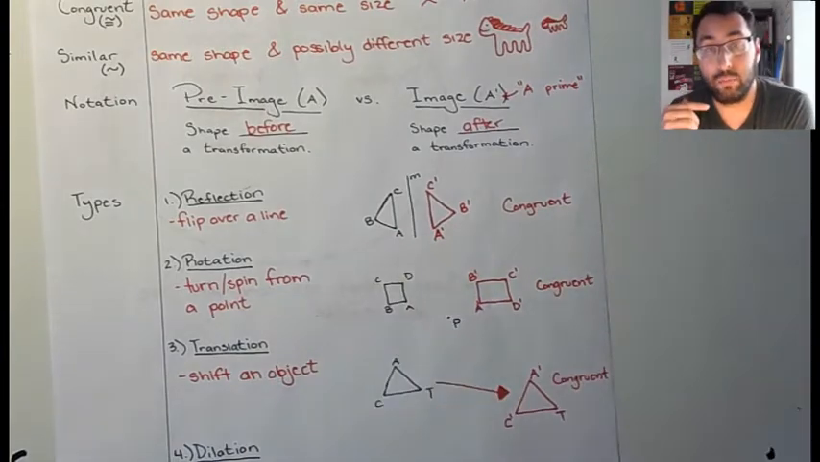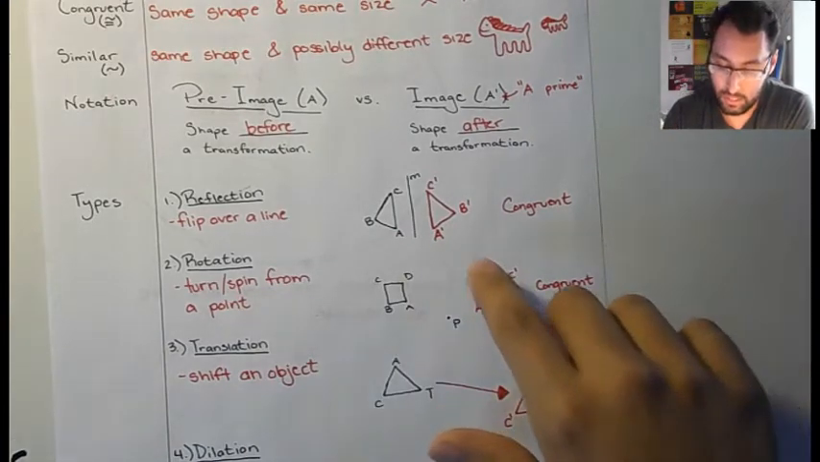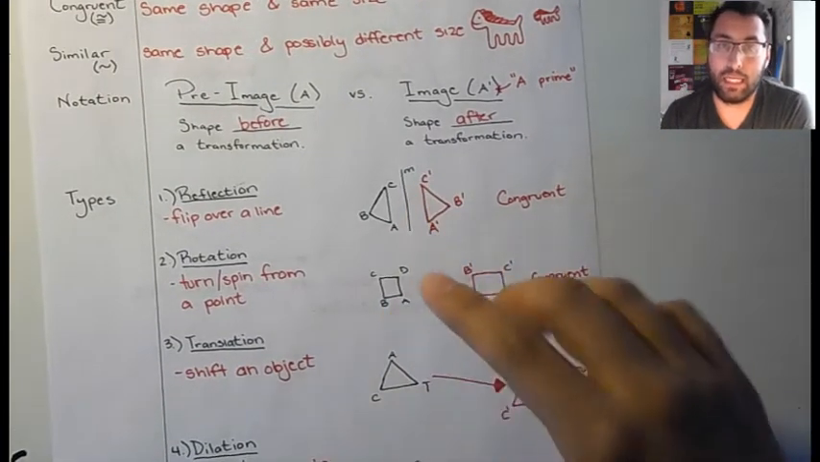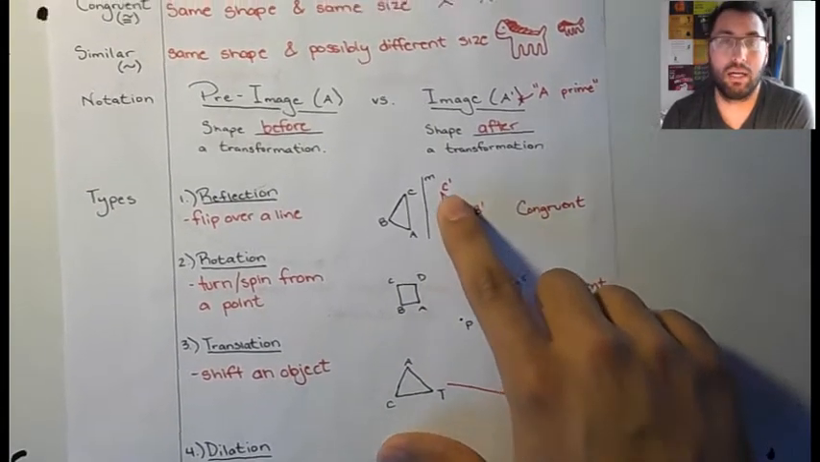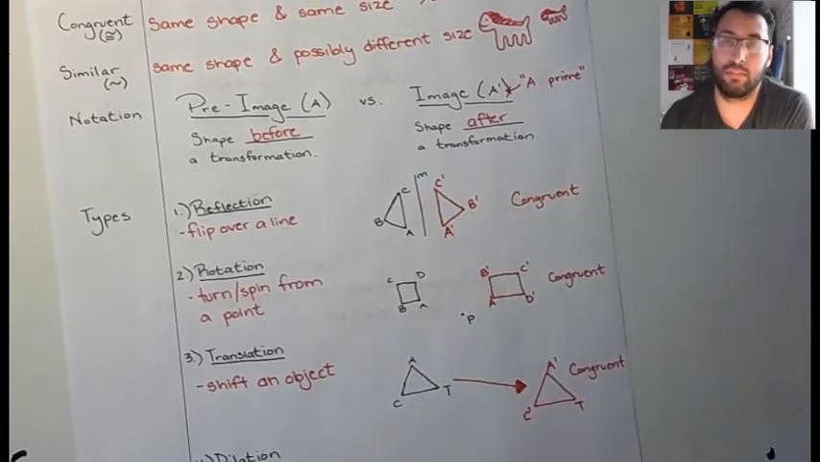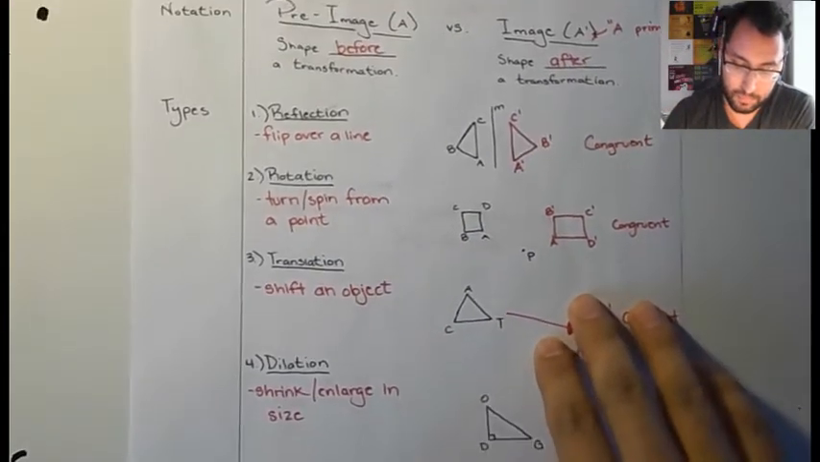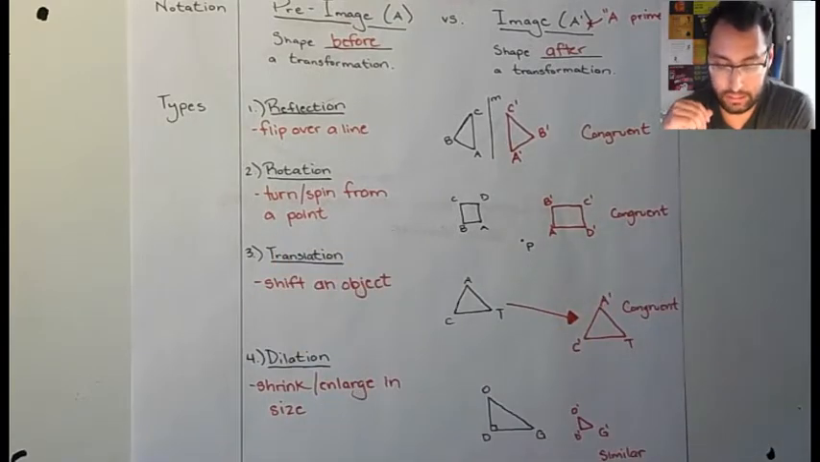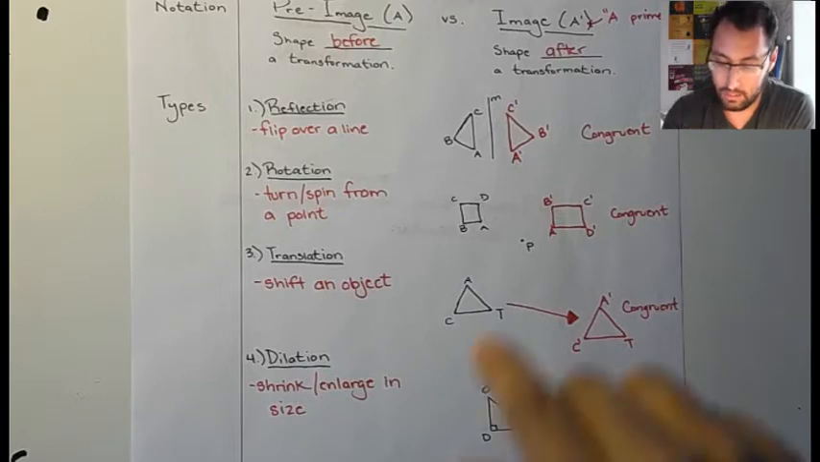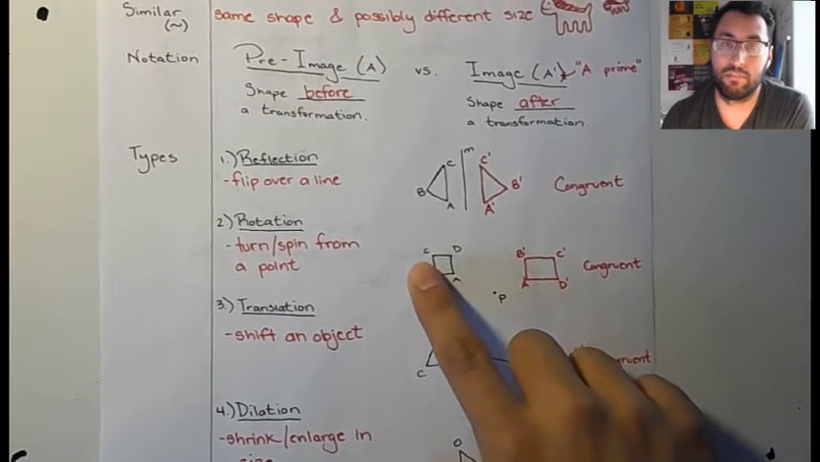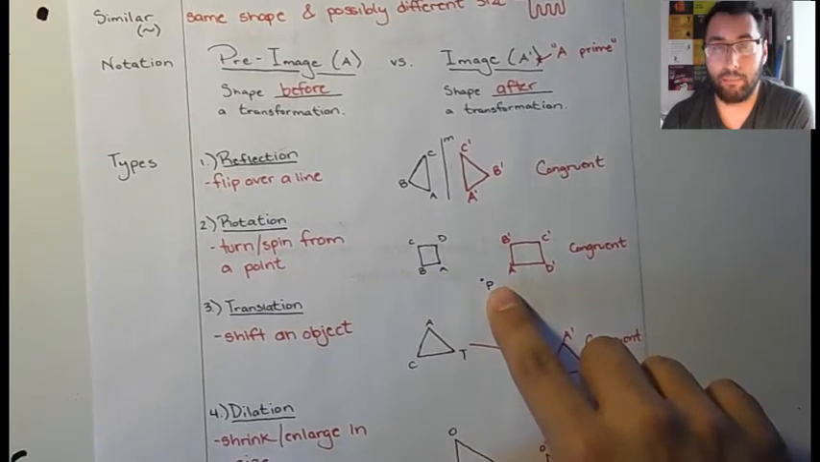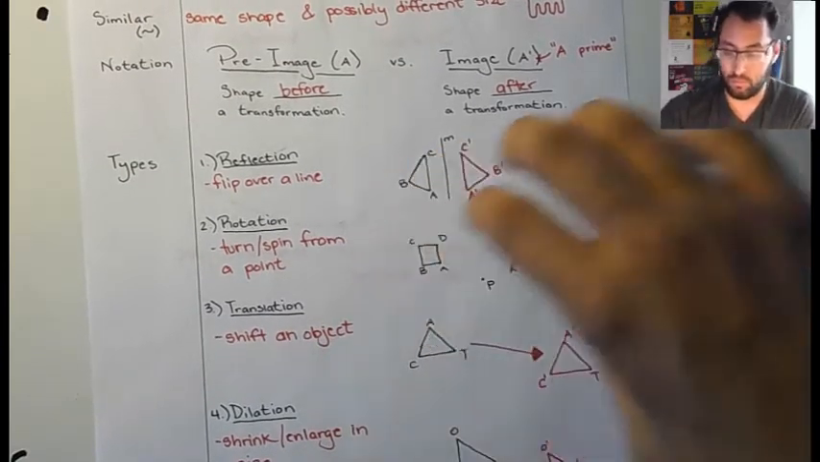After we transform that, reflect it, the symbols A, B, and C are altered a little bit. We just call this A prime, B prime, and C prime. And just off to the right, these two things are congruent, same shape and same size. Okay, rotation. That's turning or spinning a shape from a point. So we have a shape over here, a rectangle, A, B, C, D for the different vertices. And we have a point P. If I were to rotate that,